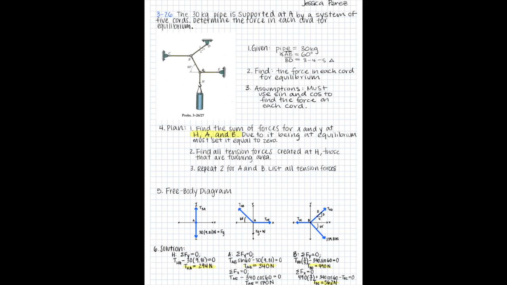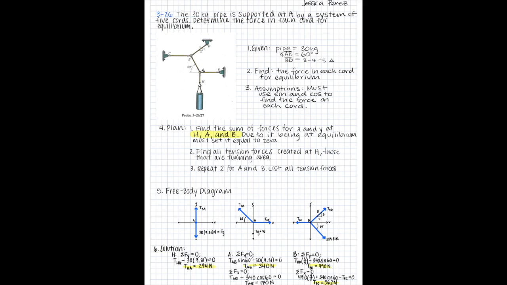Step 5 would be to make a free body diagram, and we made 3 free body diagrams, one for H, A, and B. So the first body diagram represents H and how it has the tension pulling upwards and the gravity pulling it downwards. And then the second body diagram represents the tension from the pull between A and B at 60 degrees and the other tension from the wall of A and E, and also the force of gravity